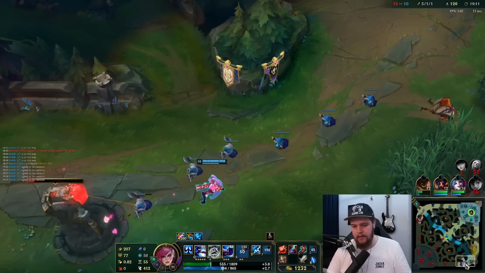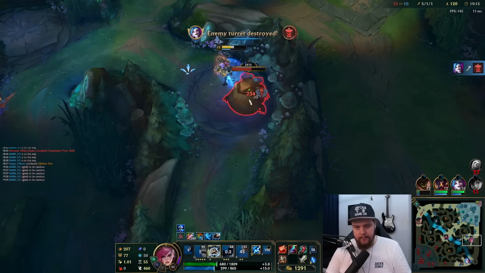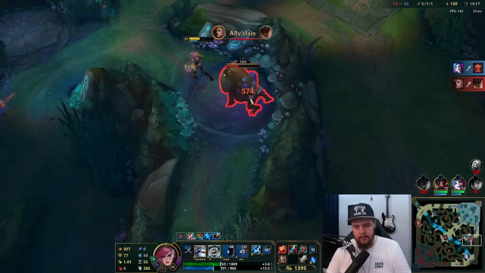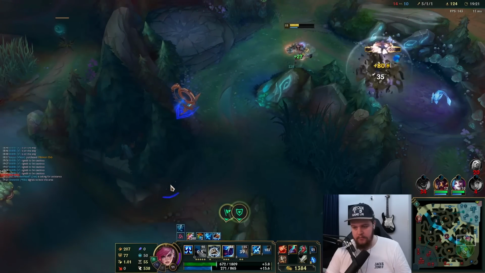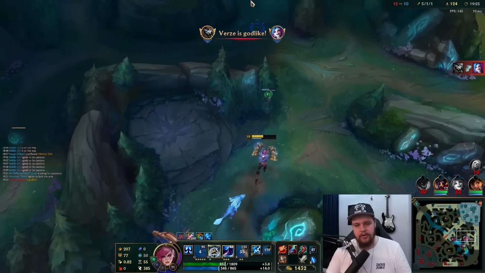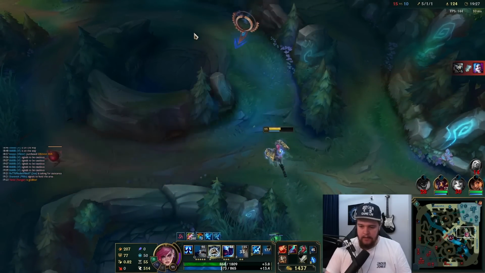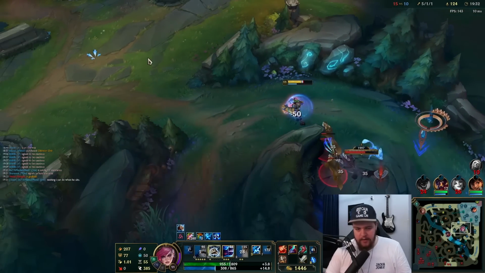She's gonna die to Rengar ult. It's whatever. That is her stupid error. If Rengar doesn't ult that, she is hella lucky. Ah, it sucks. Rengar's getting some free kills off that one. I guess she got the turret, so it's something, but...